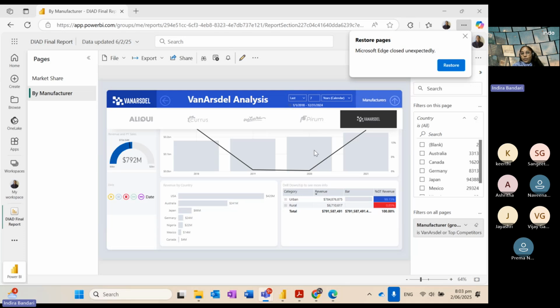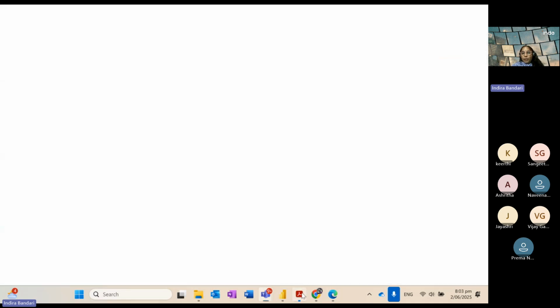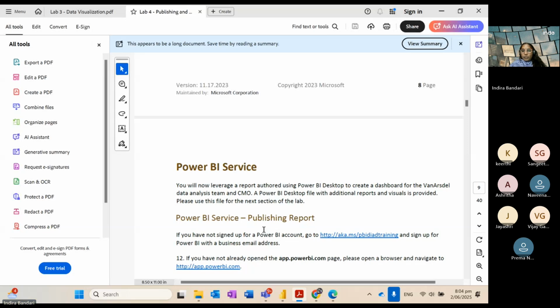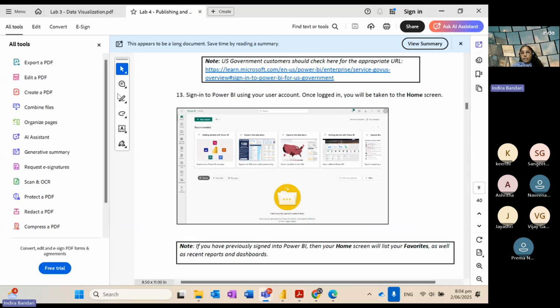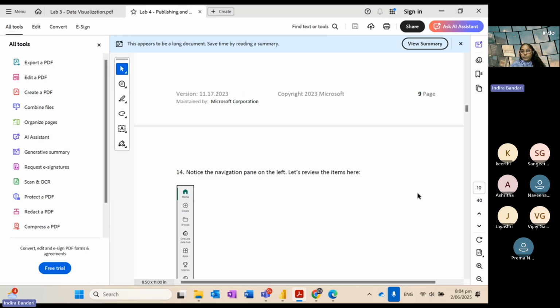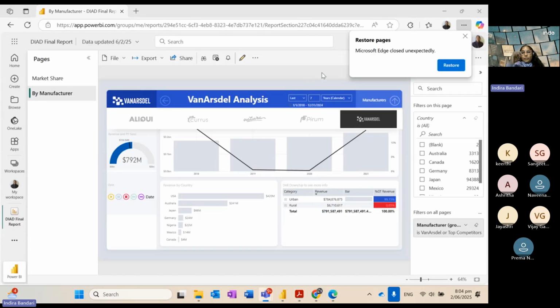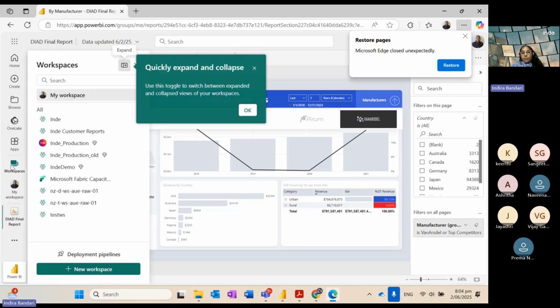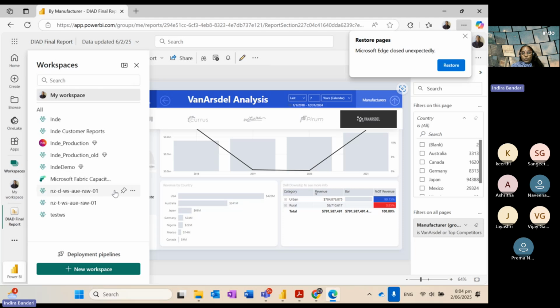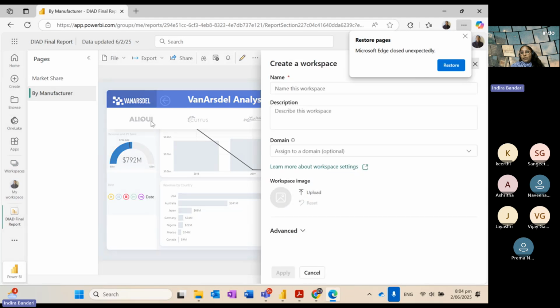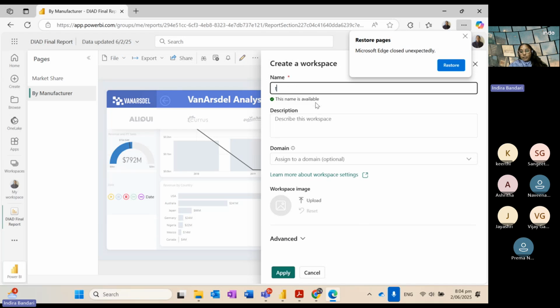Okay, so that's the Power BI service one, the published one. And now what we'll do is, I'll show you how to create a new workspace. But for that you will need a Pro license. So there is a workspace here, right? If you click on here, you can have a new workspace. So I can create a new workspace, give a name to it, and then the description, let's say TBD workspace,